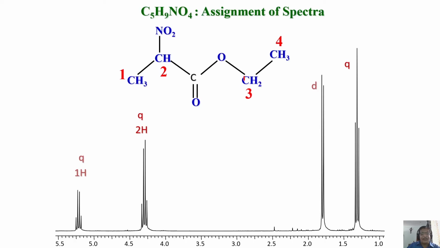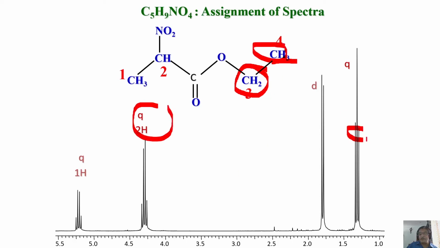You have to now go by the intensity. This is also a quartet, this is also a quartet. But which is more intense? This is 2 times the intensity compared to this. So this must be the quartet where the group pertains to 2 protons. Then what is it? It has to be this. This quartet has to be this, which is coupled to CH3. So this is a CH2. This CH2 corresponds to this. This CH3 corresponds to this. Fine, done. Now what is left over?